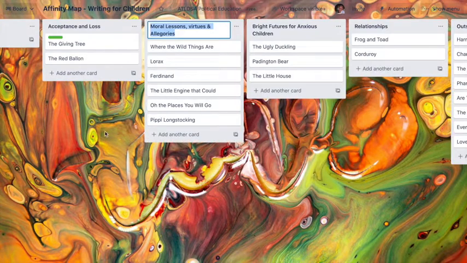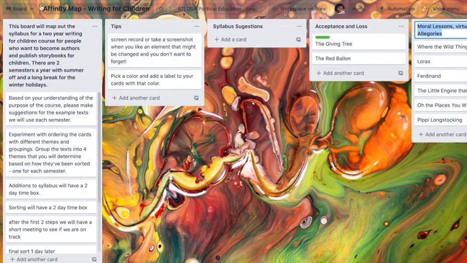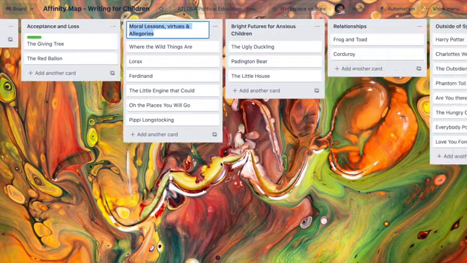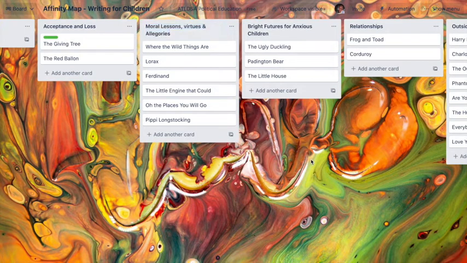I just basically skipped to the end because this is taking too long and I want to get it out. So, we had our instructions here. We have some tips here, which hopefully we can add to as we go along. We've moved all the cards out of the suggestions, and then I made what made sense as four topics that would make sense as four semesters of themes